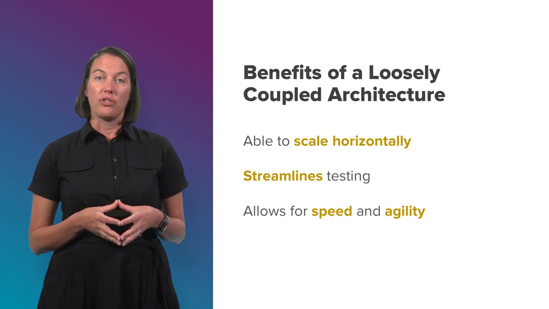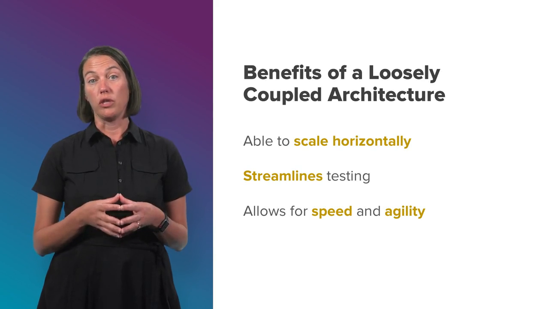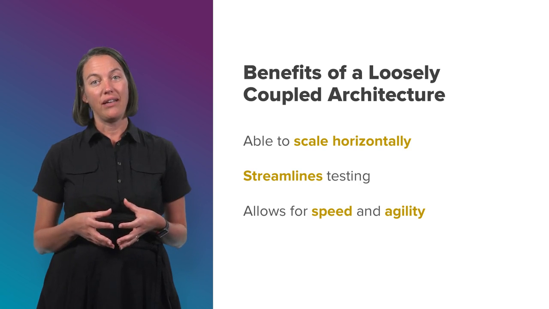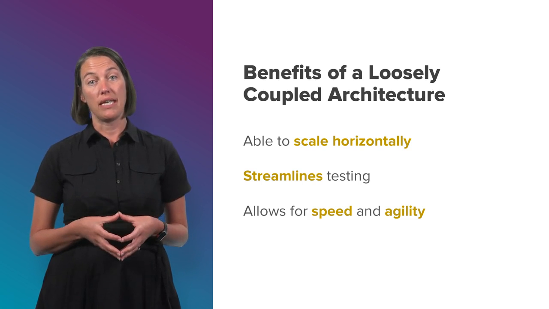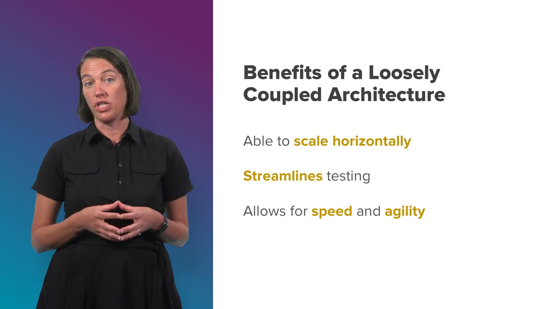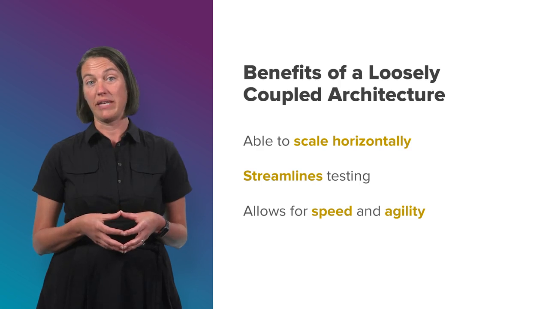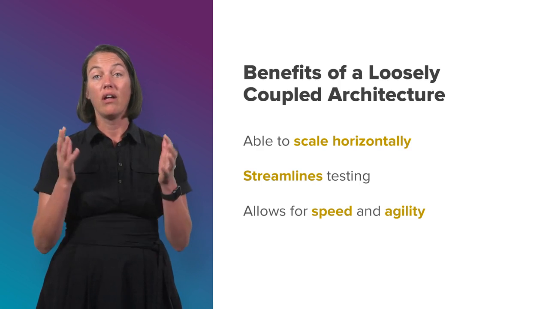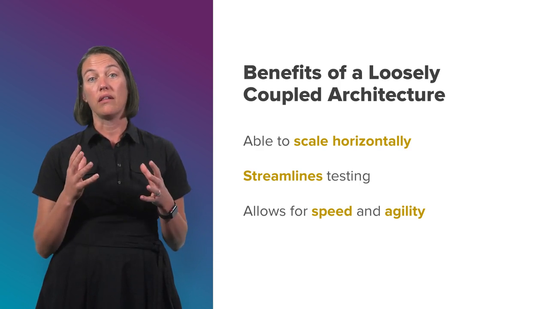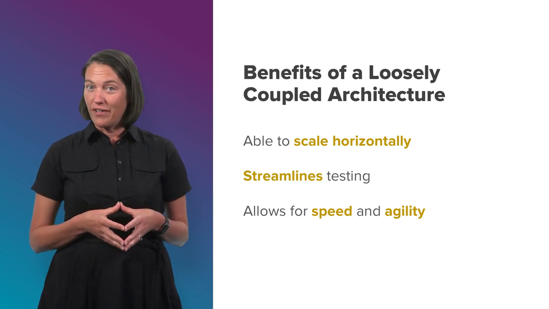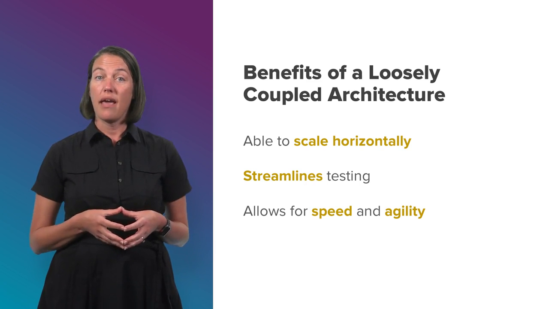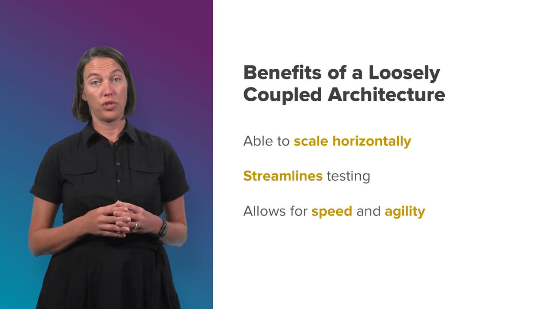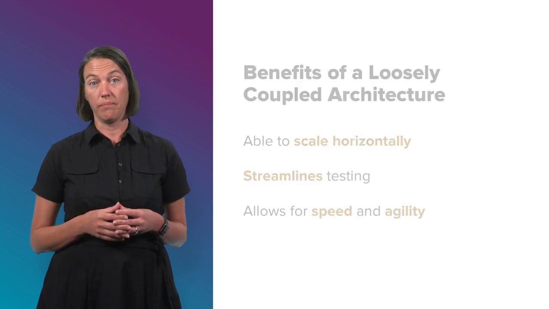Sometimes it can be challenging to explain the benefits of moving to a loosely coupled architecture. Often, it can feel like breaking down functionality into smaller components can be perceived as a means to avoid collaboration and sub-optimizing based on traditional mechanisms of delivery. Usually, you're in situations where you have large integrated test environments and large deployments. Benefits of this approach include the ability to scale horizontally. Testing is streamlined, following a data flow approach, which allows for speed and agility.